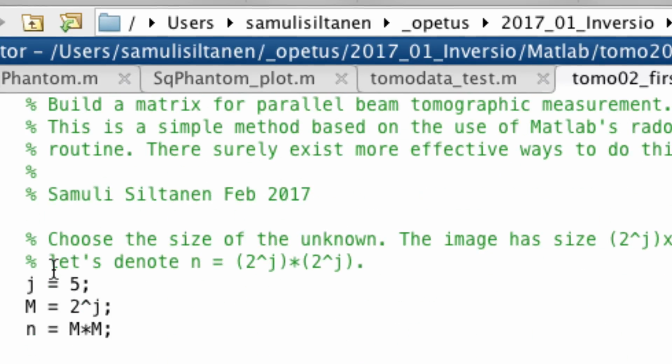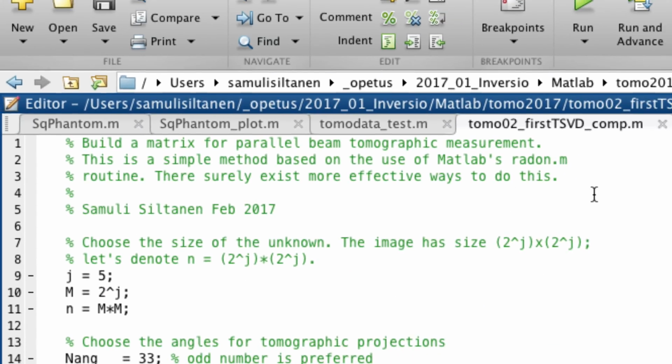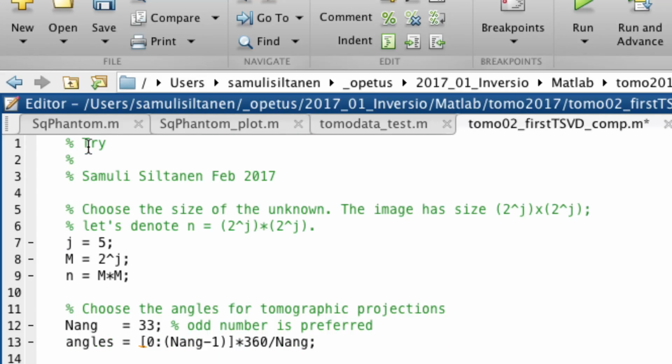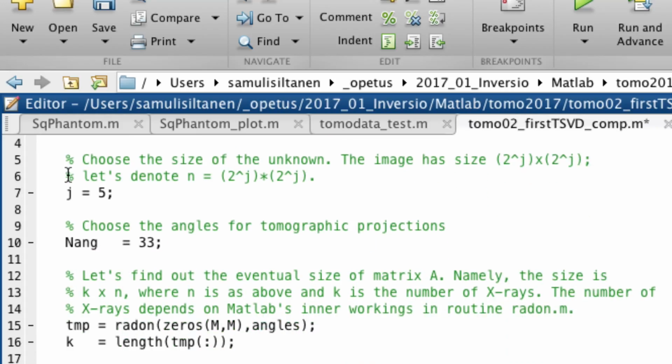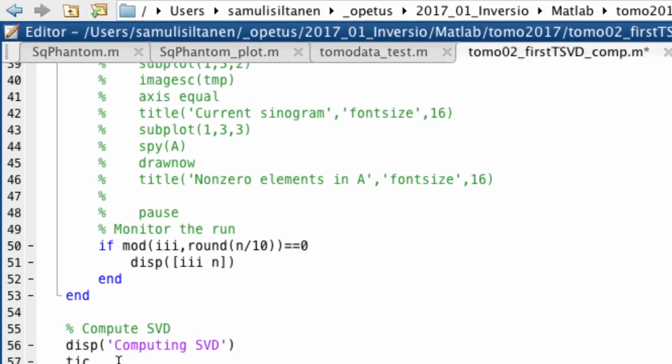Sorry. Let's put here try truncated SVD for tomography. So then we choose again the size of the unknown with J. We choose the angle, and then we actually just take in